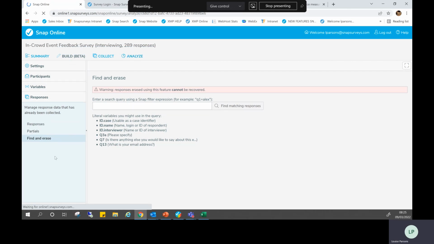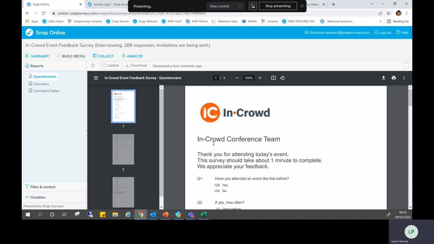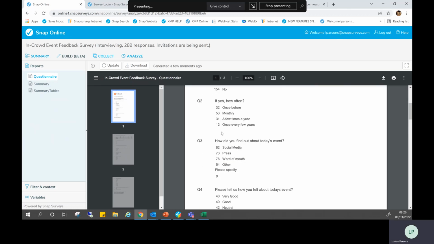We could then go into our Analyze tab. And in our Analyze tab, we have our three ready-made reports. There's a questionnaire report, which is an overview, what used to be called a marked up questionnaire analysis, I think, with all of our responses in there.